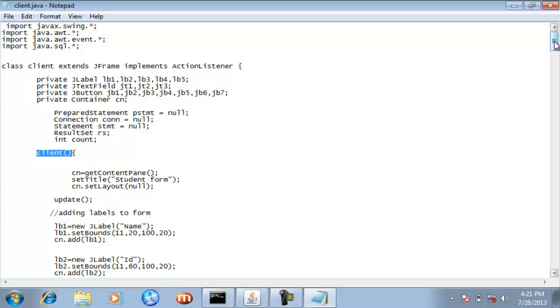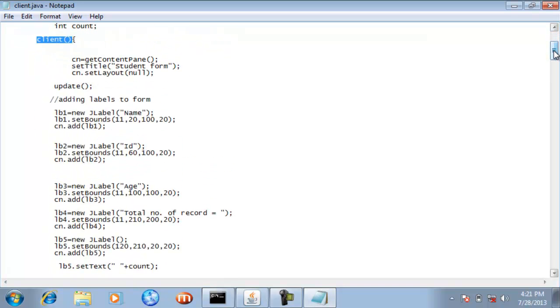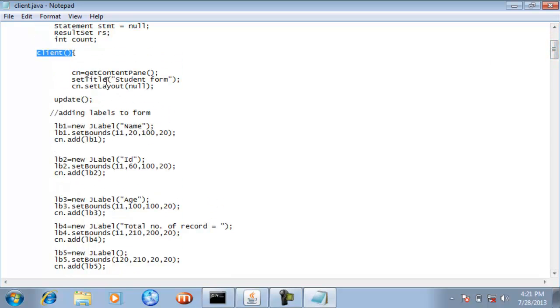Inside this client constructor, I have added all the labels, text boxes, and buttons to the form, so your student form appears in front of you.